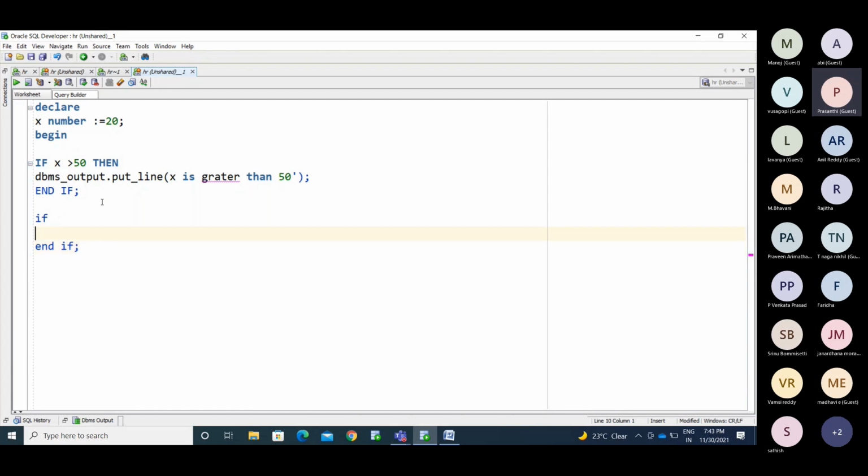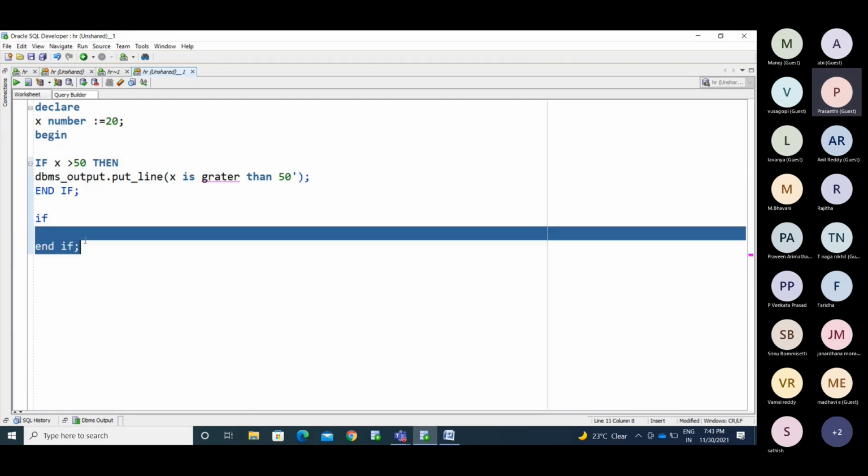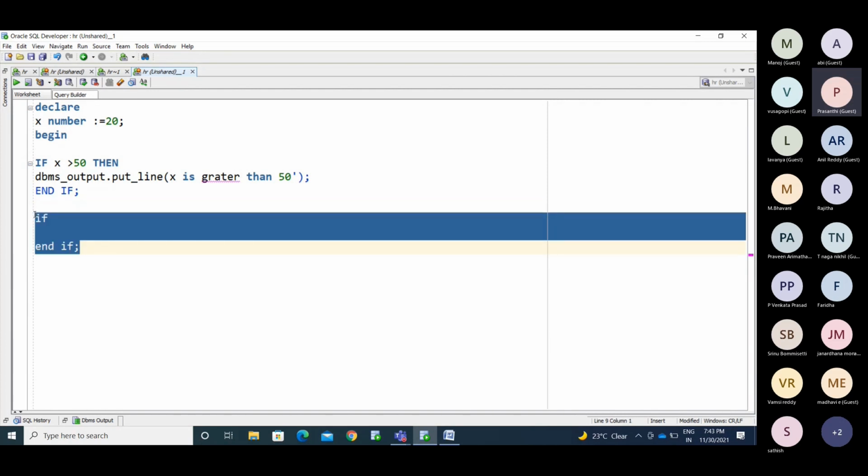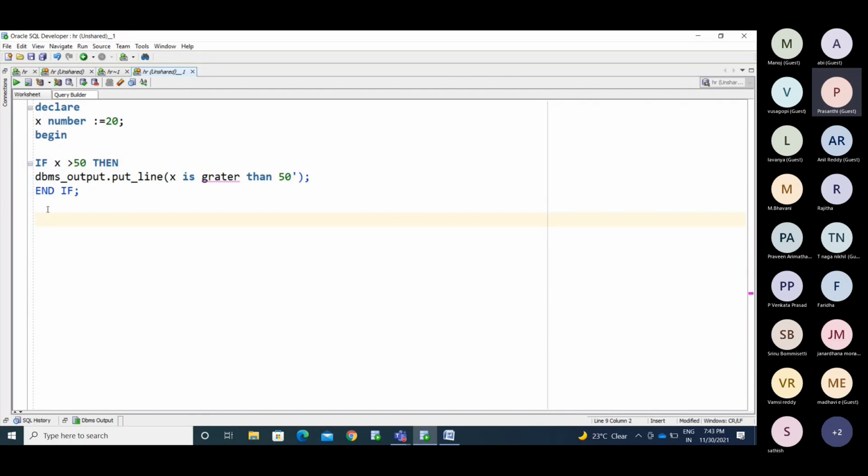Then you can write the code inside this statement. You won't forget that you need to close the if here. Sometimes we will miss that, right? If you have nested loops, like hundreds of nested loops, you cannot find that very easily. That's the reason I'm saying this.